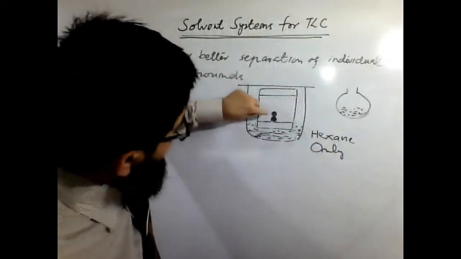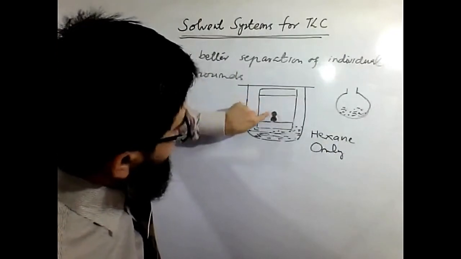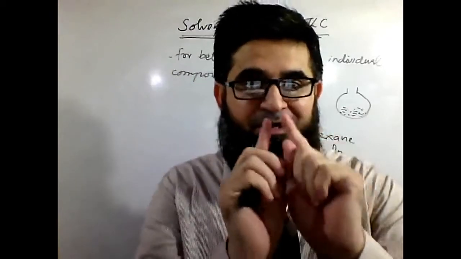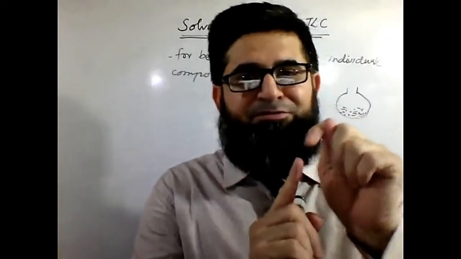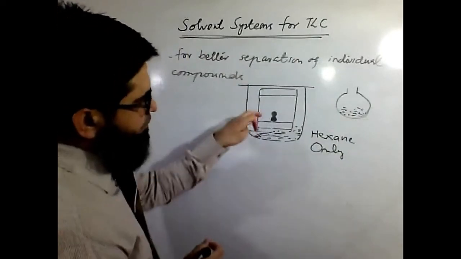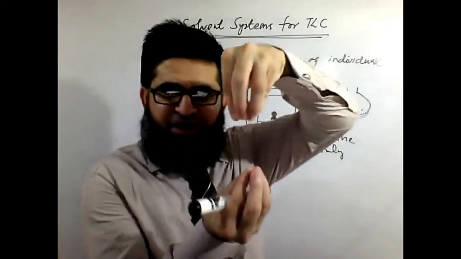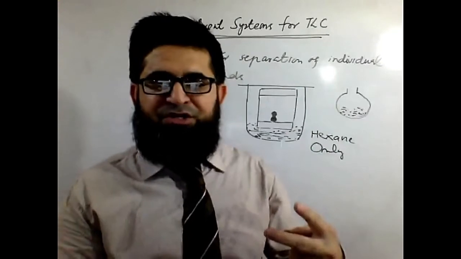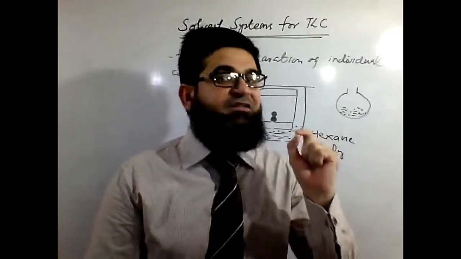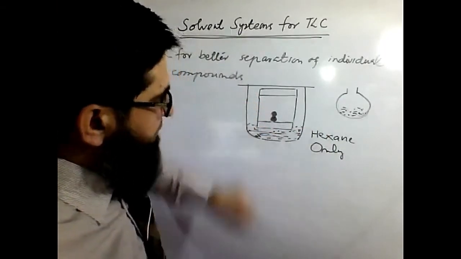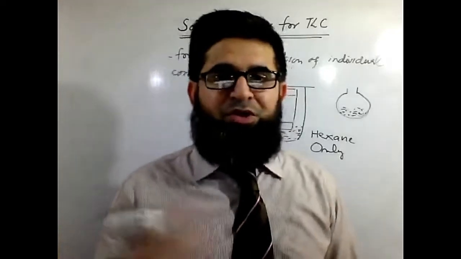So we have an idea, these spots, one is a little ahead than the other, means one compound is a bit more polar than the other. There is a little polarity difference. That's why they are up one another, very close to each other, but merging with each other. So then we need to separate them at a far distance so we can recognize them very easily. There are two, three, how many they are? Definitely they are not one, because the two different size, two different spots represents two or three, not one at least, you know.